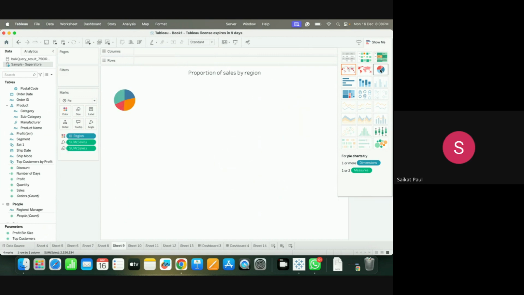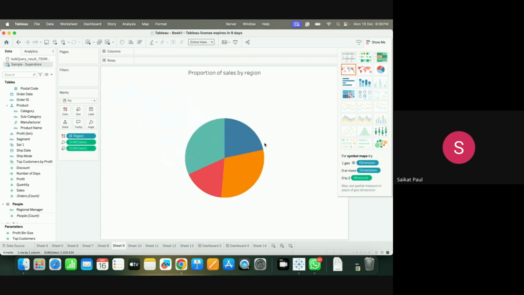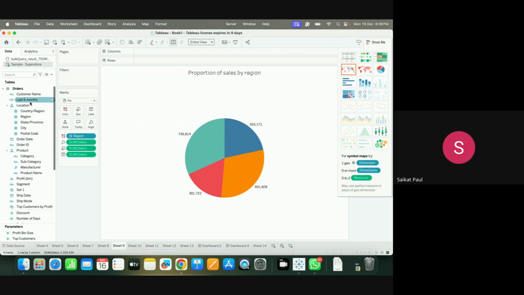Yes. Now select this. Now go to make it entire view. Yes. Now not from there. From the left hand side, from the table section, take the sales and drop it to level. If you are doing it from there, then you have to press control and drag it, or else not. Take the sales and drop it to level. Yes. Now take the region and drop it to level. Yes. So see,